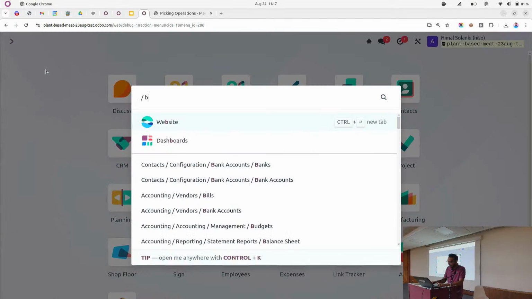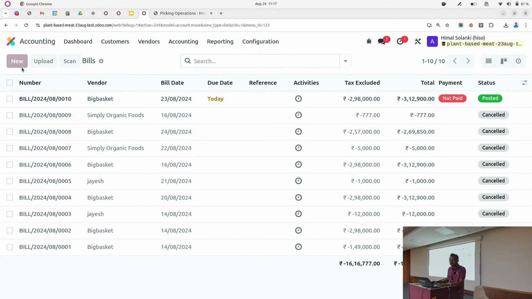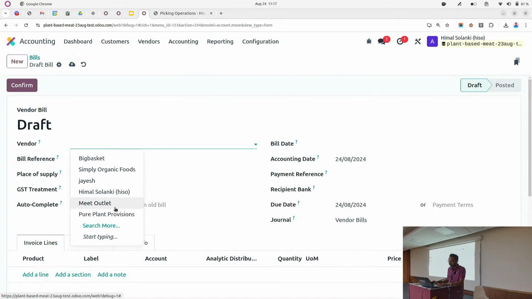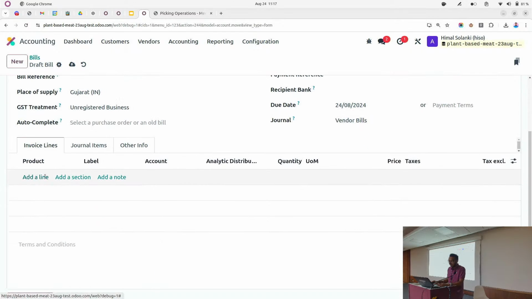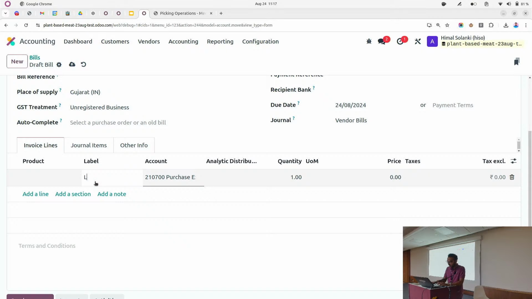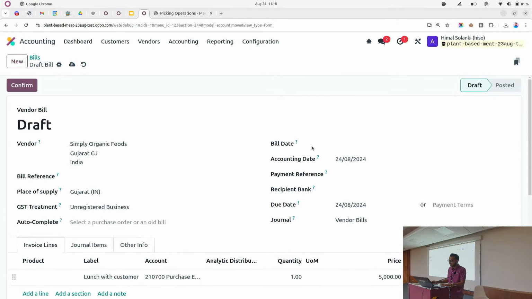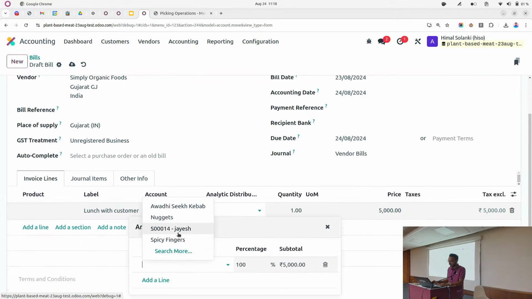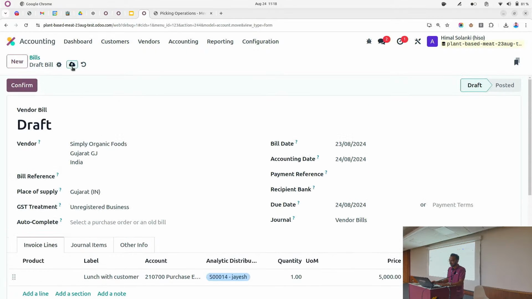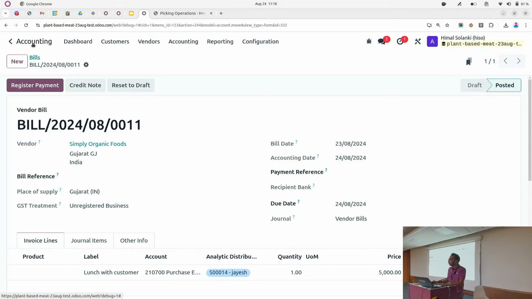You can simply create one bill, define the vendor, and here you can type the label, say, lunch with customer ID. Enter the amount of expense you have incurred, let's suppose 5,000. Define the bill rate, and most importantly you need to define the cost center. Save, and now if you go to the project